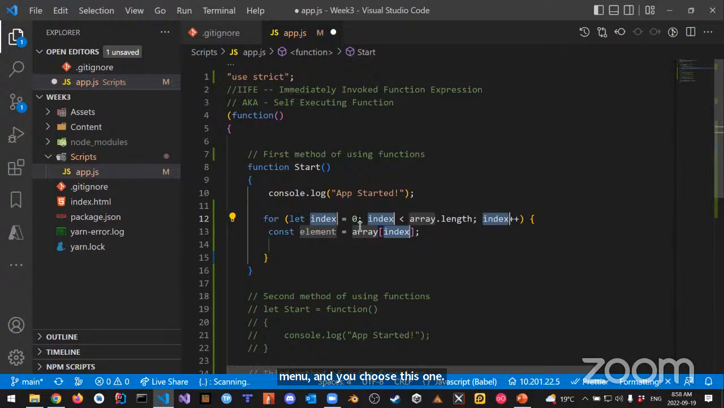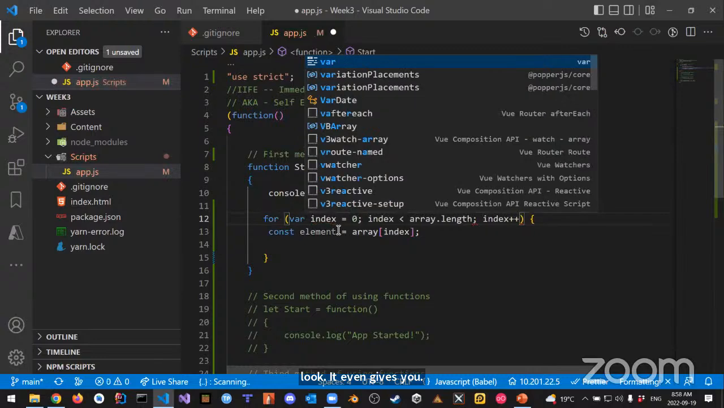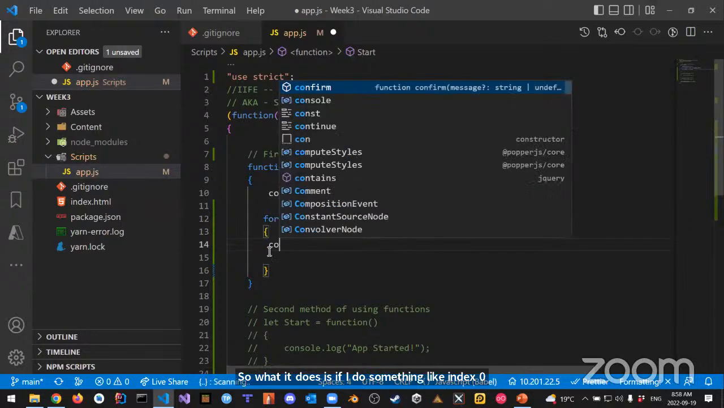Right, and you want to change this from let to var. Look, it even gives you let because it doesn't want you to use var, but you want to make var. We're going to check var out. All right, so what it does is if I do something like index 0 and I want to console log index,